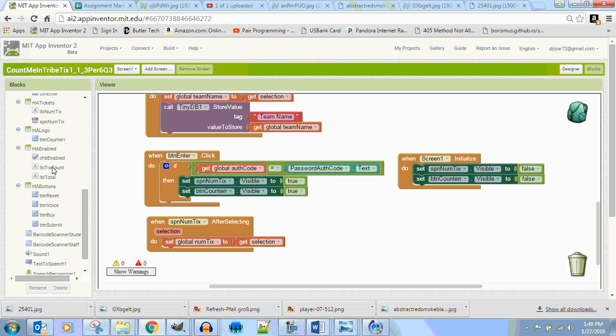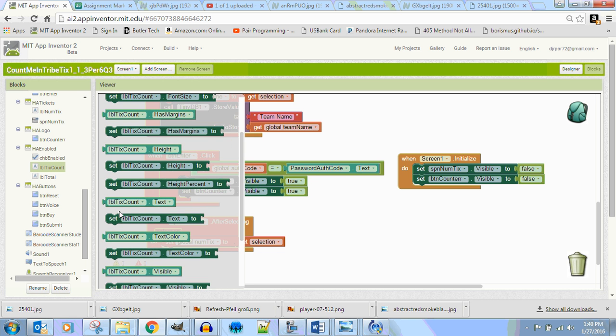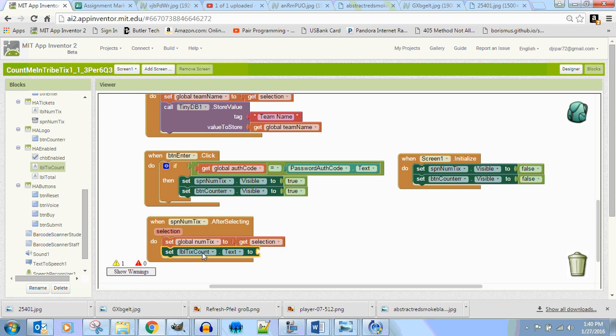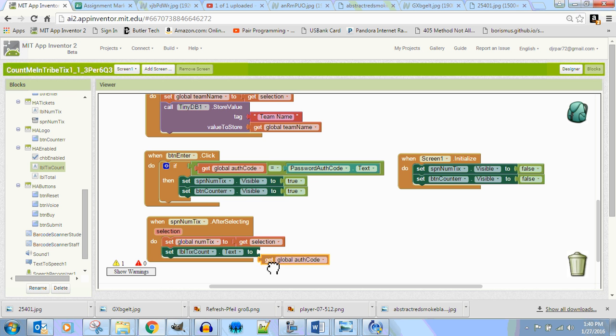Where is it down here? Here it is, LBL ticket count. Okay, so I go to that text and I set the variable. And this is the number of tickets they just got. Okay. And now I have to do some math